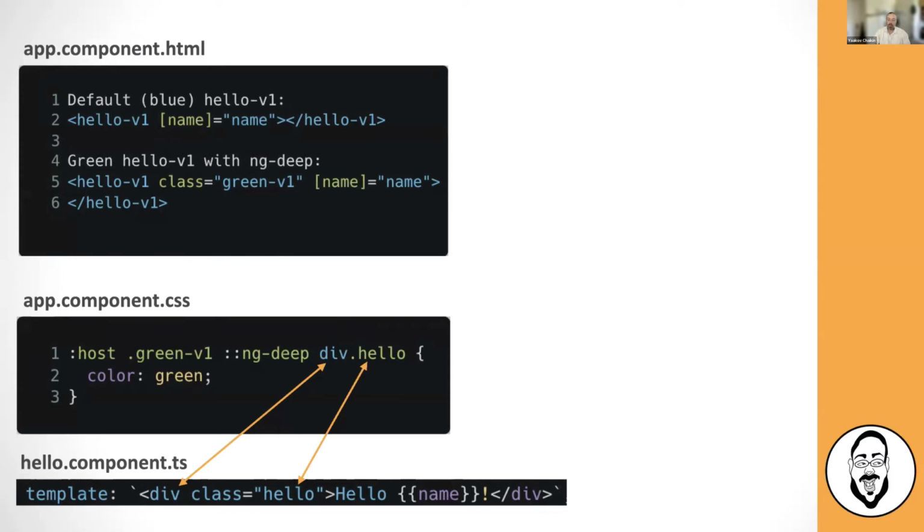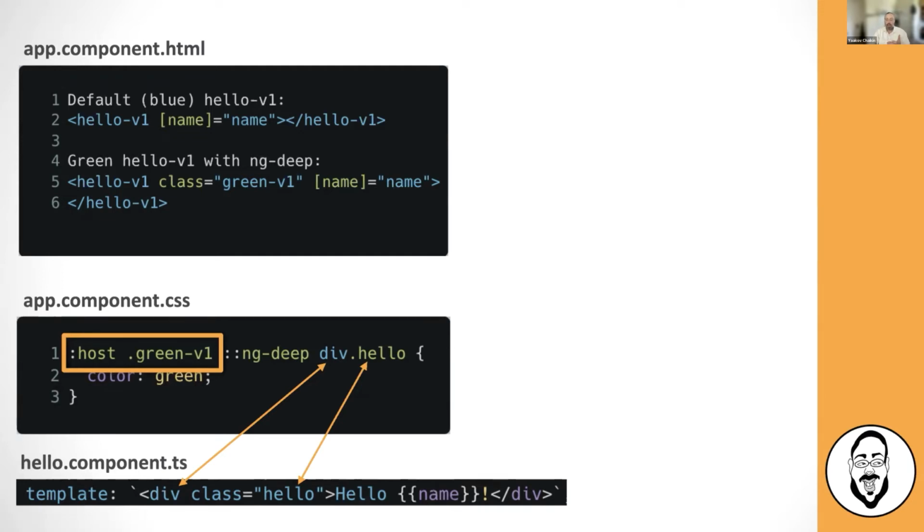And here's the reference to that hello component code, its template, and that's basically how it connects. And then we also specify :host, and this is something that the Angular docs talk about. Since we know that ng-deep bleeds the component to the global scope, we want to try to wrangle it back in and not have it bleed all over the place, but maybe just to this particular host,